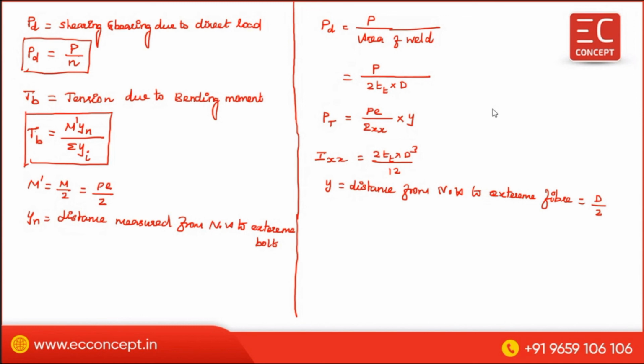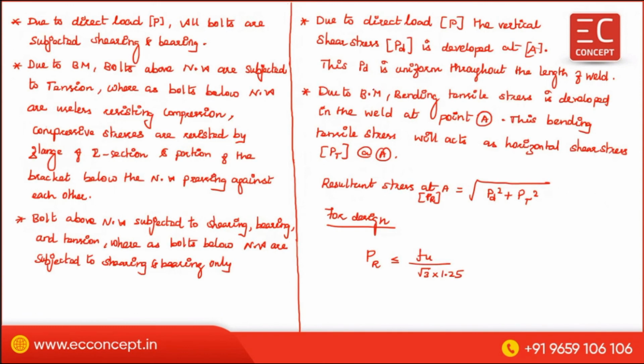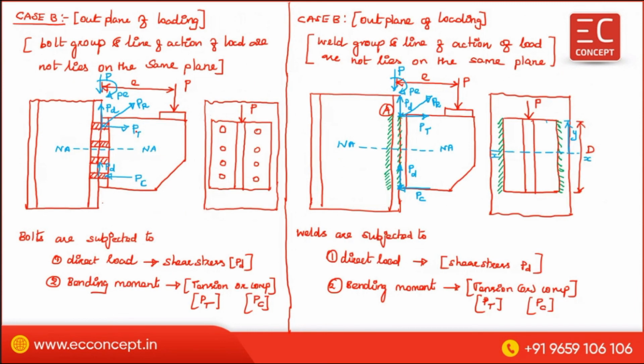So this is all about the eccentric loaded welded connection. So we have seen the eccentric loaded bolted connection, in plane and out of plane, and the eccentric loaded welded connection, in plane and out of plane. So you have to go through this. This is enough. In the out of plane loading, eccentric loaded connection, above the neutral axis the weld is subject to tensile stress due to bending moment and shear stress due to direct load. So in a nutshell we can say: